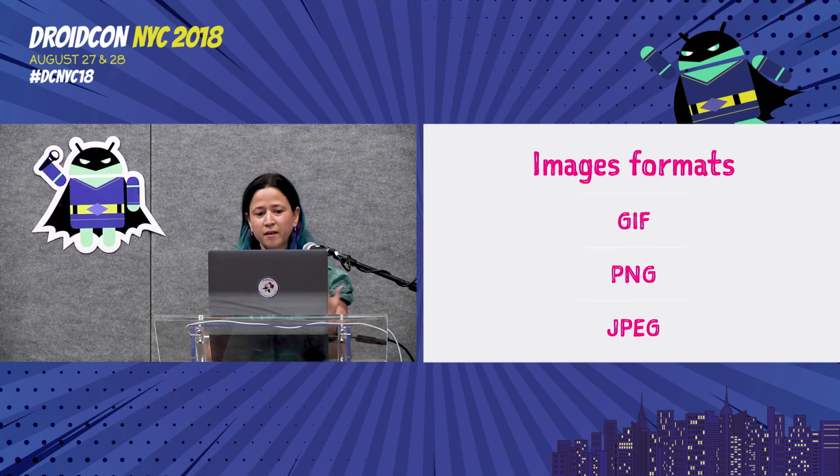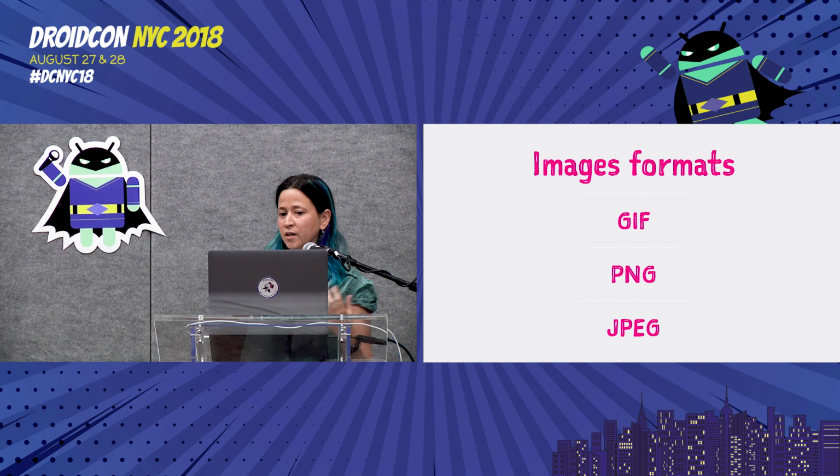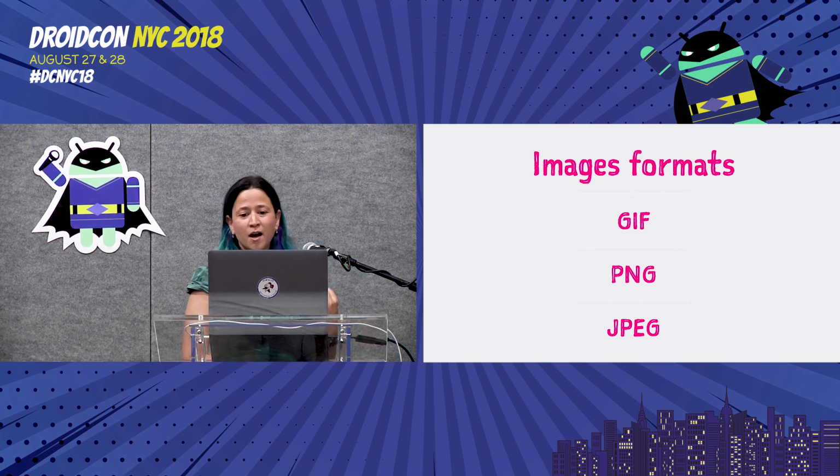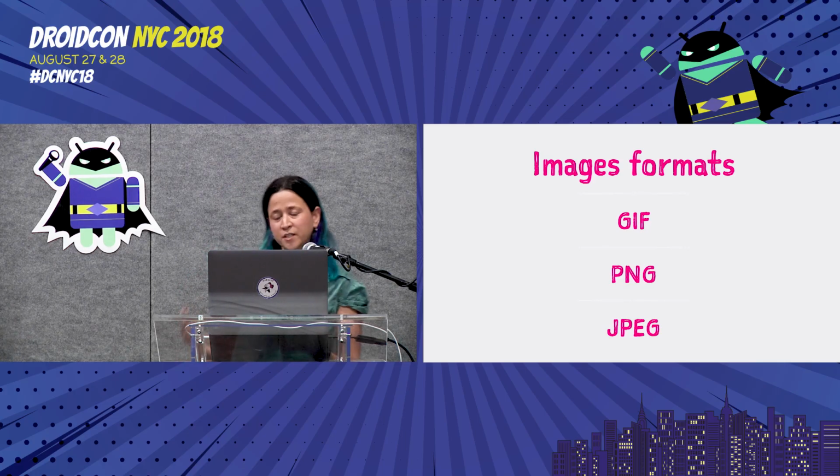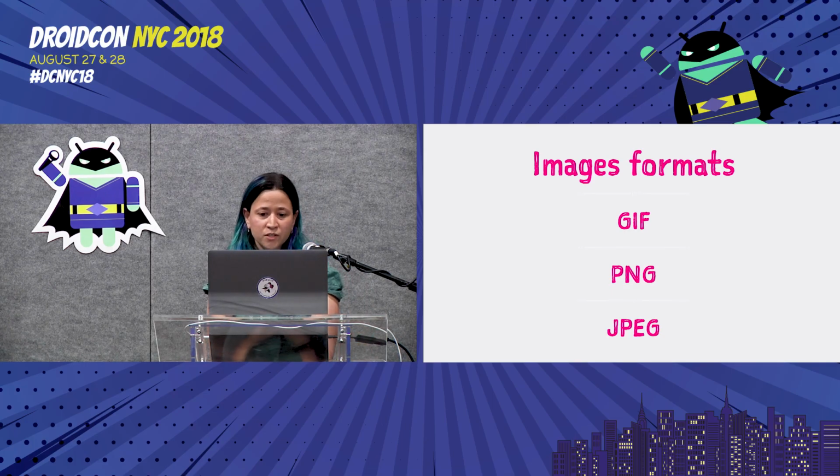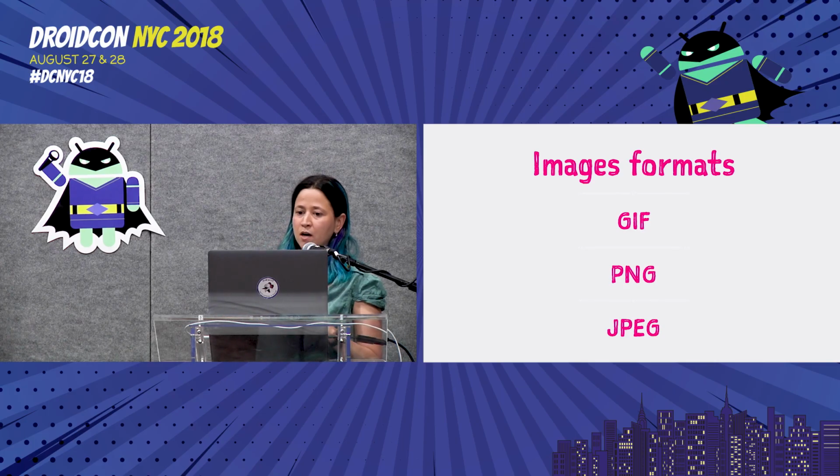Image compression is roughly divided into 2 categories. One of them is lossless, which means the image looks exactly like the original bitmap. And some of them are lossy, which means we lost some information while compressing the image, but sometimes the information is not perceivable to the human eye, so it's worth it. Out of these 3, both GIF and PNG are lossless. They will look exactly like the original image,